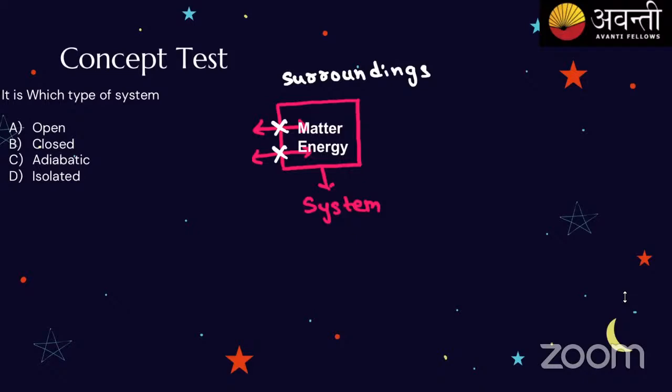Yeah, right answer. Fine. Now, it is a what process? It is an isolated process. How are you saying that? In the diagram, what is given? Matter is there, and on the arrow mark there is a cross. What does that represent? Nothing but matter is not being exchanged. Now, the cross on energy is also nothing but energy is also not exchanged. Where does this happen? Where there is no energy exchange nor matter exchange? In an isolated process, right? The answer will be isolated process. Simple.